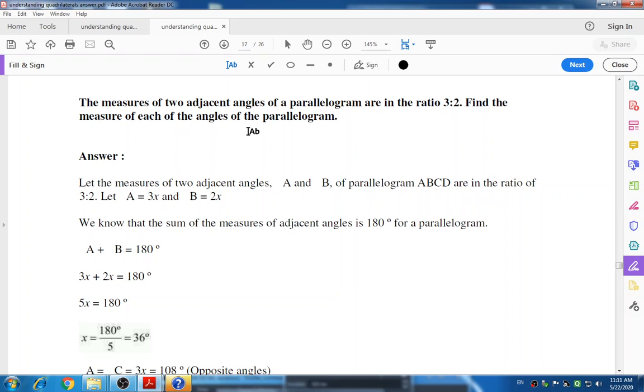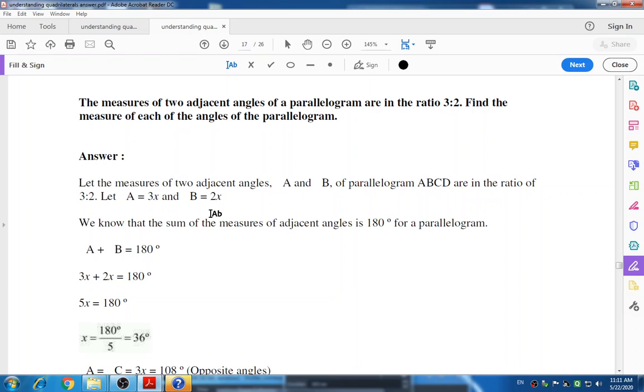Let the measures of two adjacent angles A and B of parallelogram ABCD be in the ratio 3:2. So A is 3x and B is 2x. So we know that the sum of measures of adjacent angles is 180 degree for a parallelogram because they are supplementary. So we can write here A plus B is equal to 180 degree. So 3x plus 2x is equal to 180 degree. Together we get here 5x is equal to 180 degree, and on division we get the value of x,